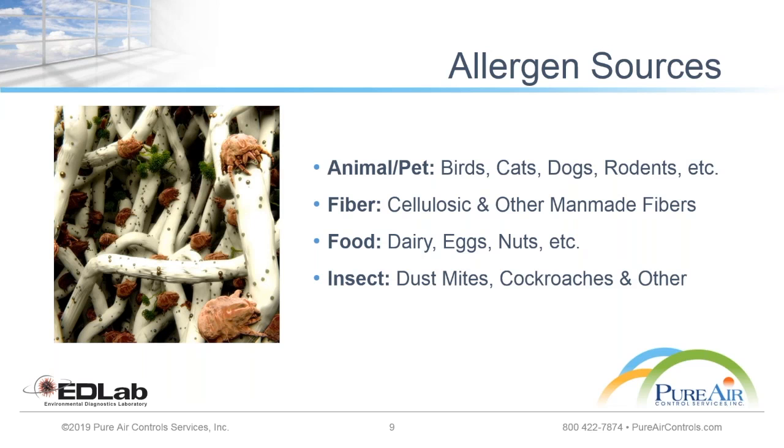So the first thing I really want to draw our audience's attention to is that animals or pets are going to be one of the sources. I'm not saying they are bad, but we need to keep them in order to avoid the emission of allergenic sources. When I say animals or pets, if you look around our surroundings, a lot of people have birds, cats, cows, dogs, roaches, rodents, etc. as pets, and that can be a good source of allergy.